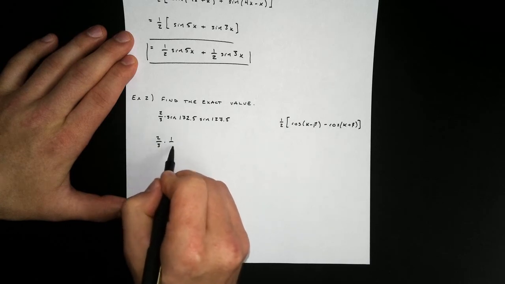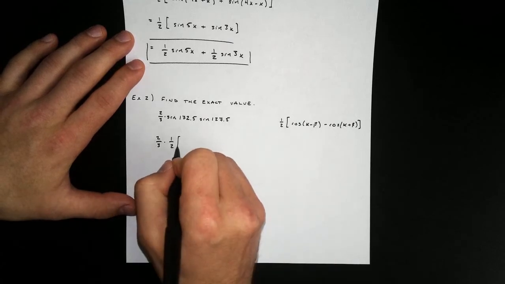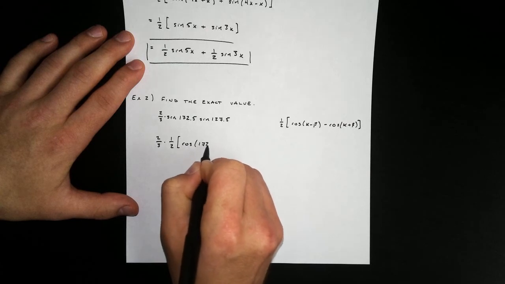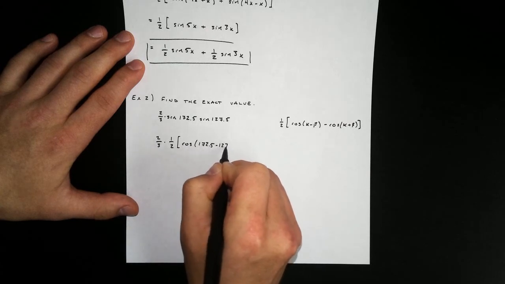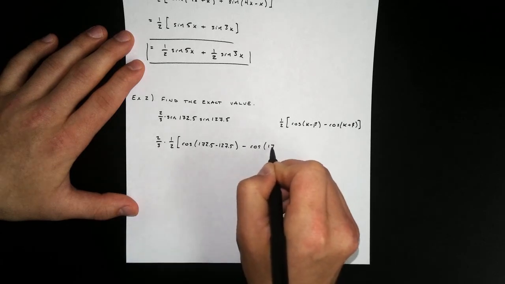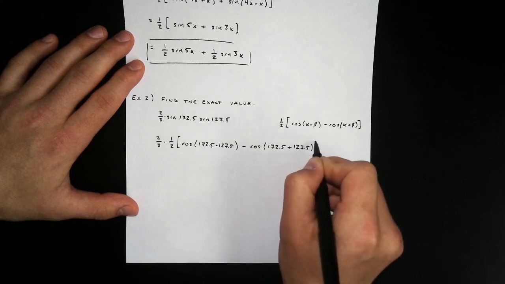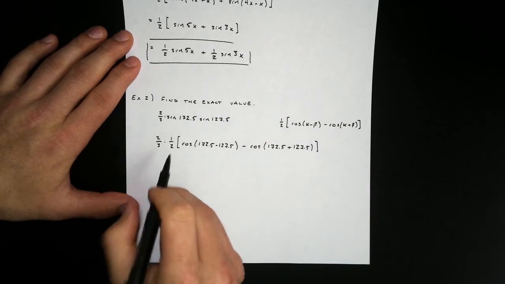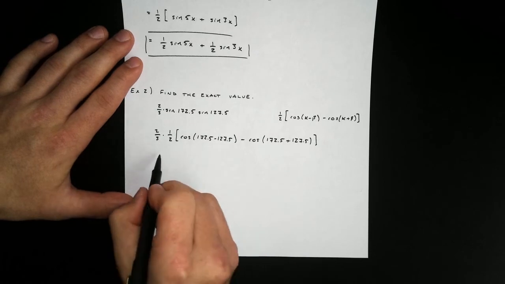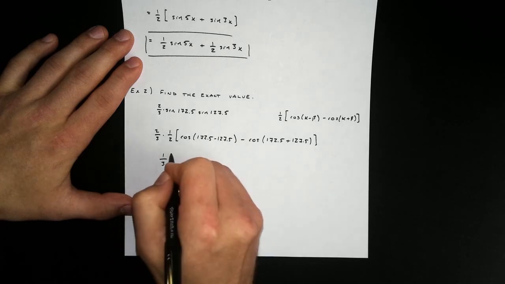So we have 2/3 and then times, so now we have our 1/2 from our identity, and then it is the cosine of the two angles subtracted minus the cosine of the two angles added together. Okay, let's see. I'm going to multiply these two fractions together right away out front. So the 2's will just simplify. So this is the same as 1/3. And then inside our brackets,